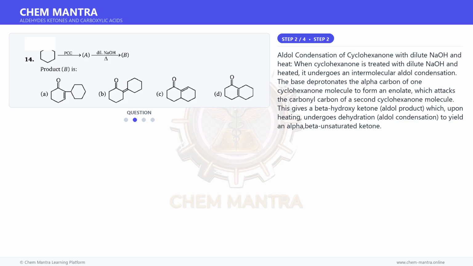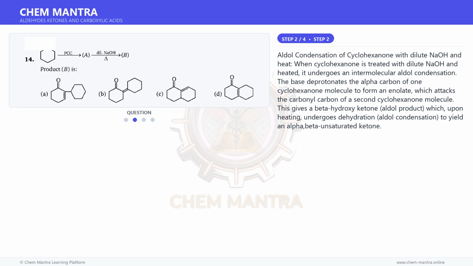Aldol condensation of cyclohexanone with dilute NaOH and heat. When cyclohexanone is treated with dilute NaOH and heated, it undergoes an intermolecular aldol condensation. The base deprotonates the alpha carbon of one cyclohexanone molecule to form an enolate, which attacks the carbonyl carbon of